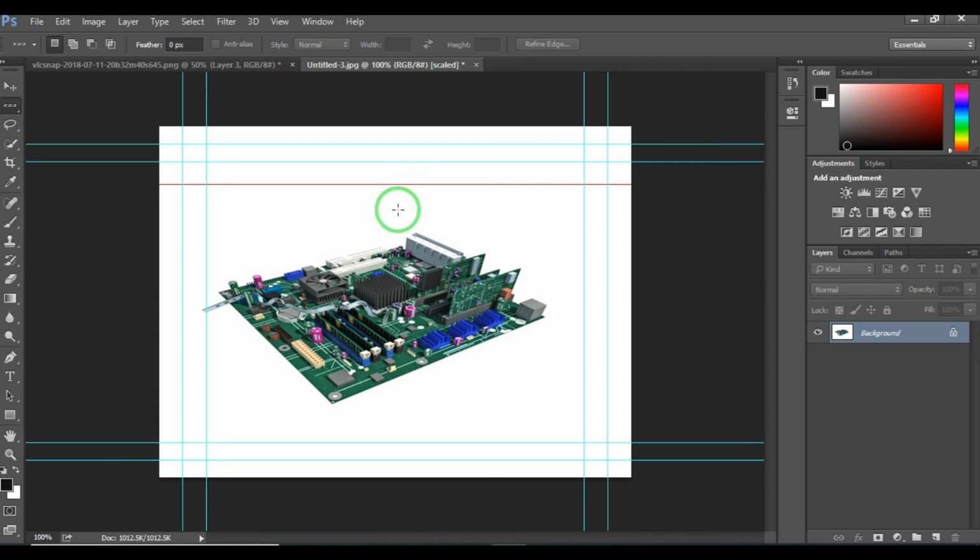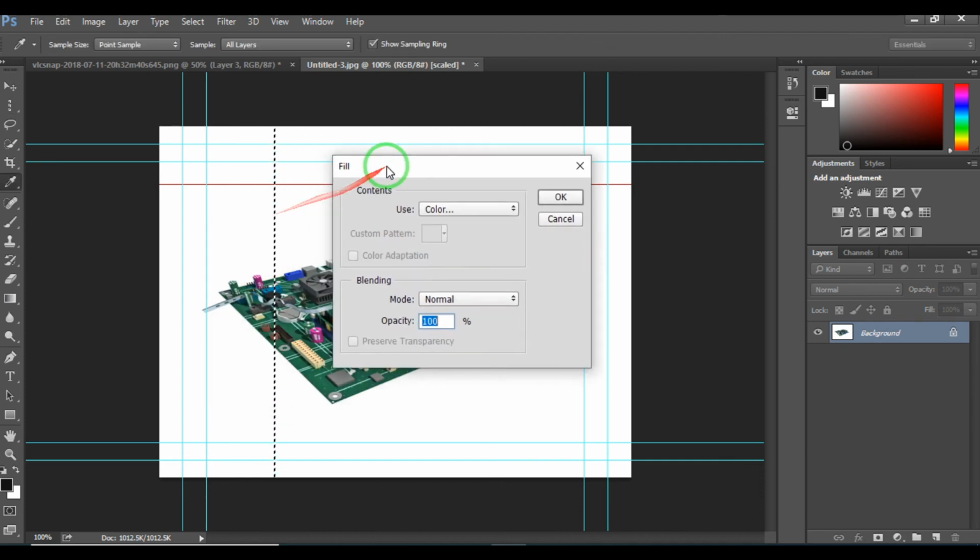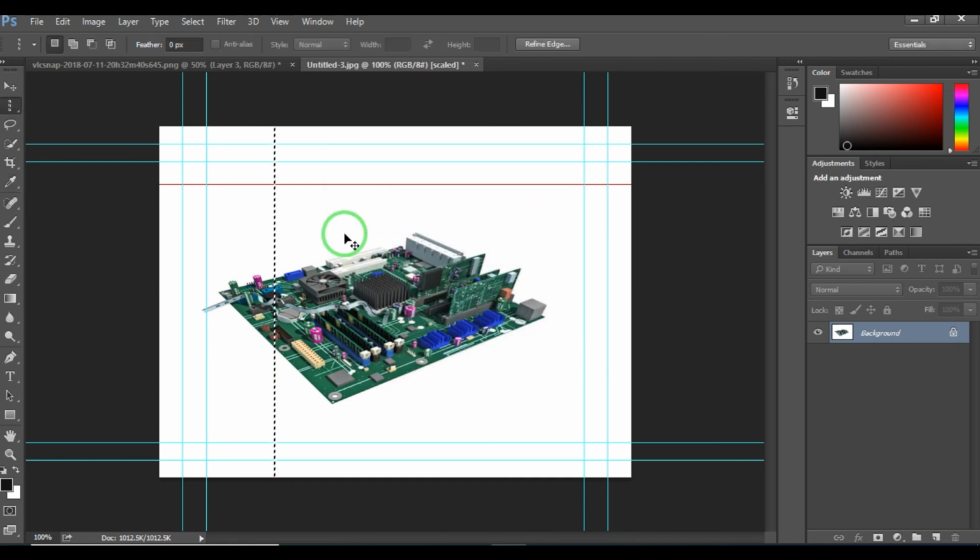So the very basic purpose of that single row selection tool is to select a single row in a particular image. Likewise, you can select the single column marquee tool. Then again we can check the selection area using a fill. Just press delete. You will get the dialog box to fill a color. Click OK and deselect the area. Then you will see the selected area replaced with a new color.